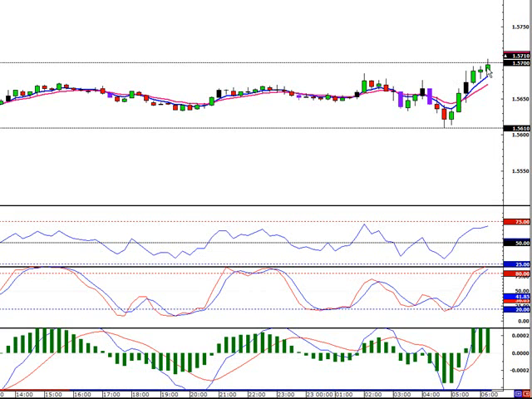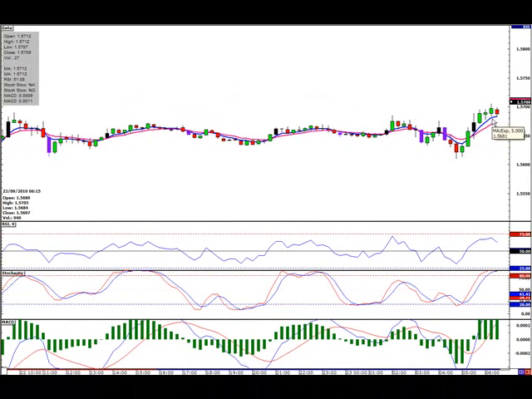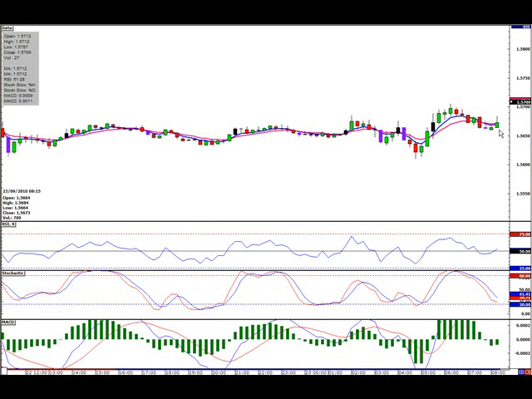So it didn't make a clean break, so you just want to exit as close as you can to that target. I got it at 56.95. And hopefully you got out at the same time because it was not a clean break. And so we're just continuing to watch the market, looking for more trades.